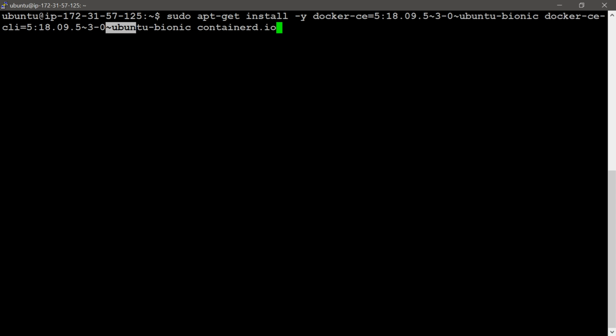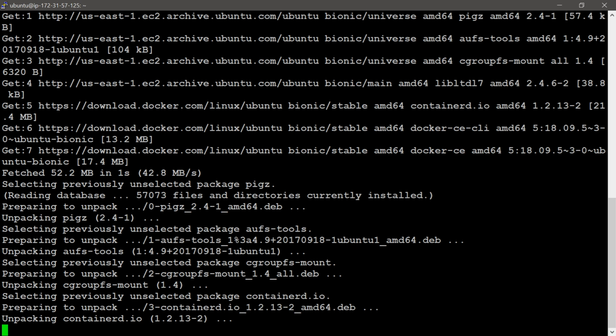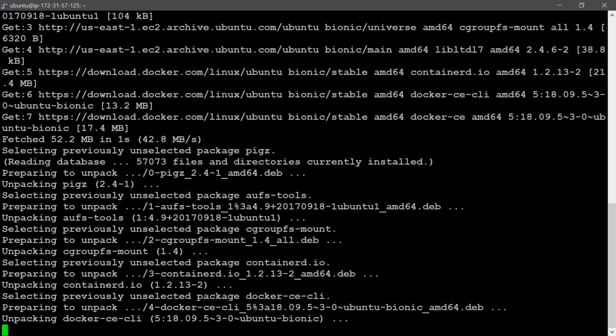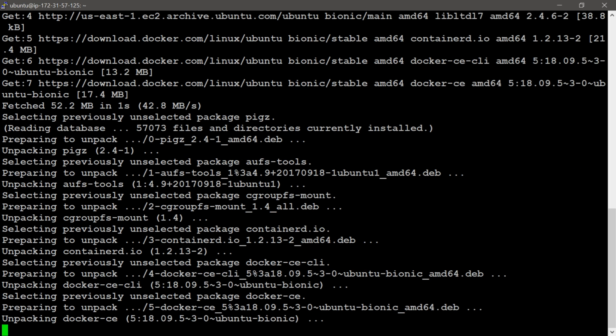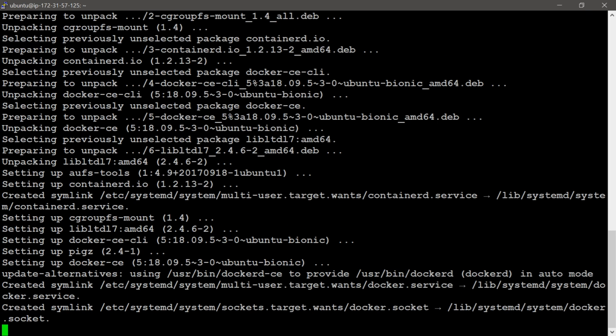Then Ubuntu Bionic containerd.io packages. So these are all the packages required to work with Docker. Then I am going to give the enter command. This is installing all these provided packages. You can see the installation on the screen.